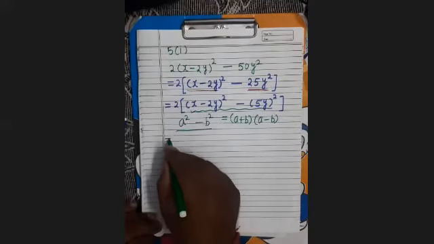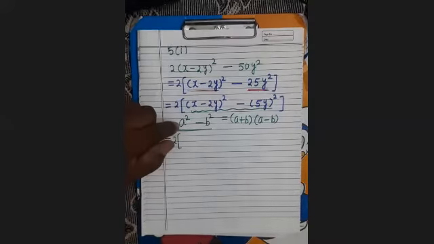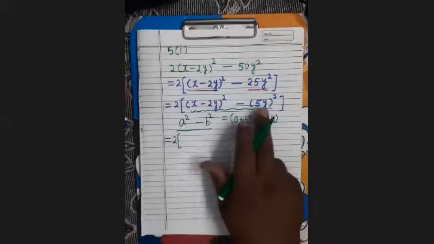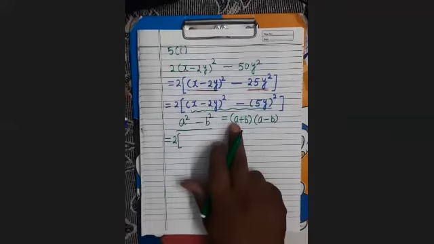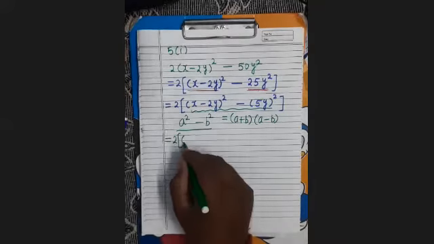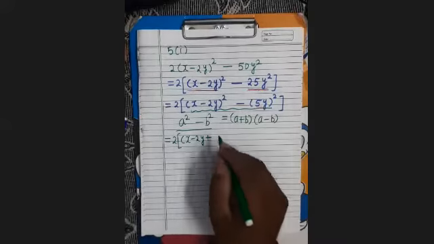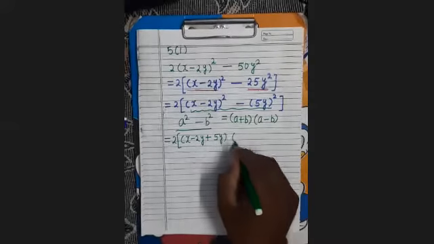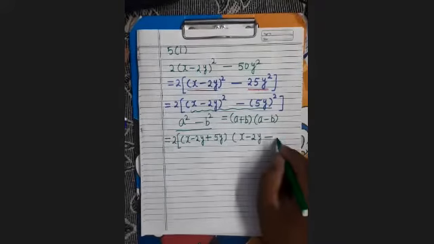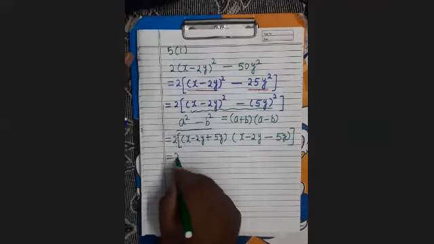तो see here. 2. Here in place of a you find x minus 2y. In place of b you find 5y. पहला ब्रैकेट क्या है, a प्लस b, तो a तो ये लिख लो, x minus 2y plus b is how much, 5y, then x minus 2y minus b, that is 5y. It's clear.